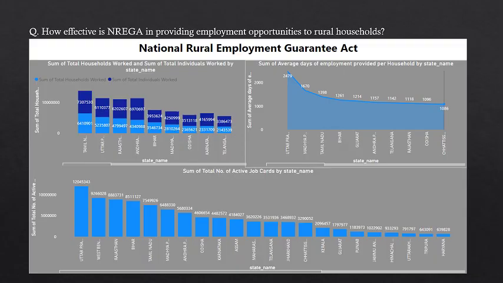Let's start the session. First question: how effective is NREGA in providing employment opportunities to rural households? The Mahatma Gandhi National Rural Employment Guarantee Act aims to enhance the livelihood security of rural households by providing at least 100 days of guaranteed wage employment in a financial year to those who volunteer for unskilled manual work. Assessing the effectiveness of NREGA in delivering these employment opportunities is crucial to understand its impact on rural unemployment and